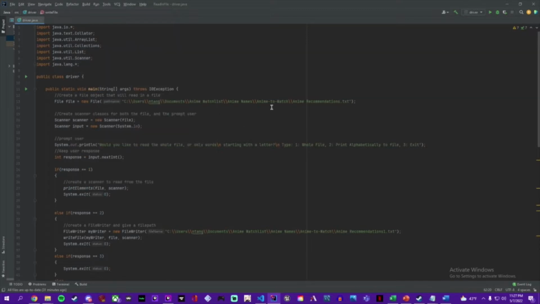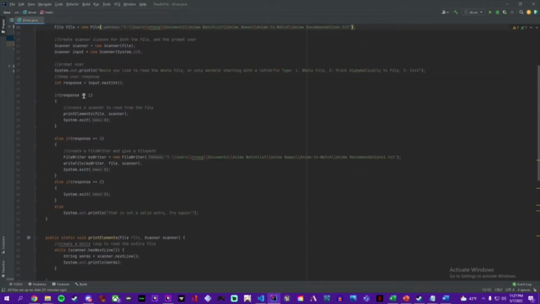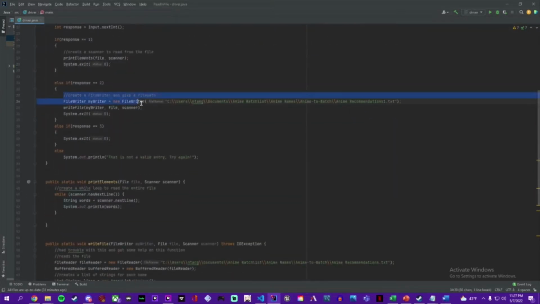This is my Java program that takes in a file and rewrites it. It prompts the user whether they want to print the elements to the screen, print it to overwrite a file, or just exit out. And if the input is not a valid entry, then it'll say that it's not a valid entry and basically get